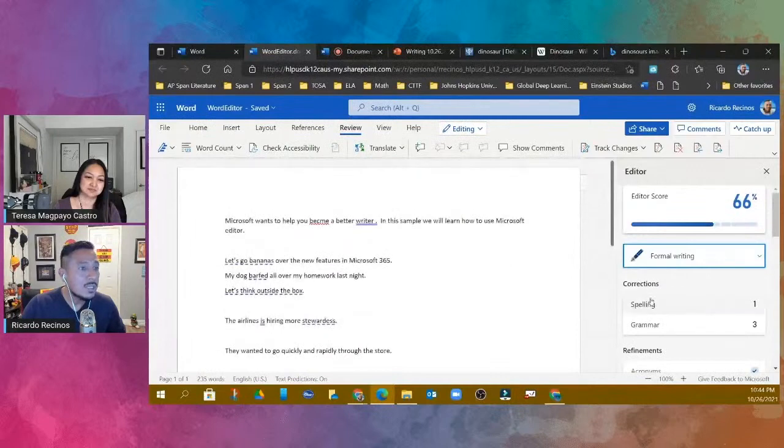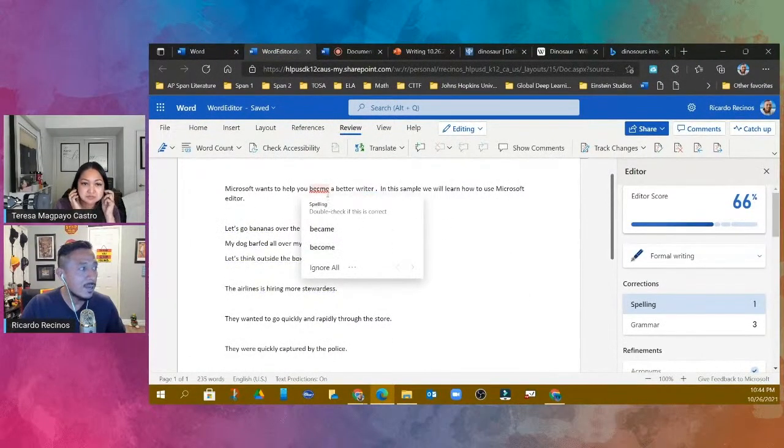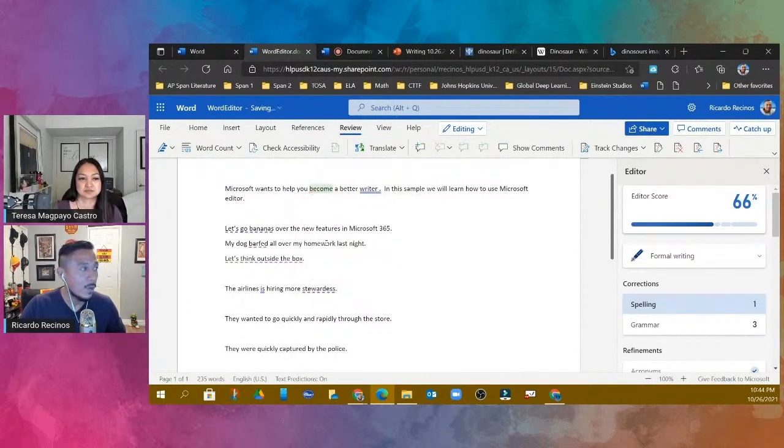Okay, so notice that, yeah, our old spelling thing, right? I have an error on spelling. So if I click on it, it says, you know what, this word right here, it's wrong. Okay, right? And I can kind of correct it right here, okay? So that's fixed. And notice that it went to green, telling me that it fixed it, okay? And now my check mark, it's fine.